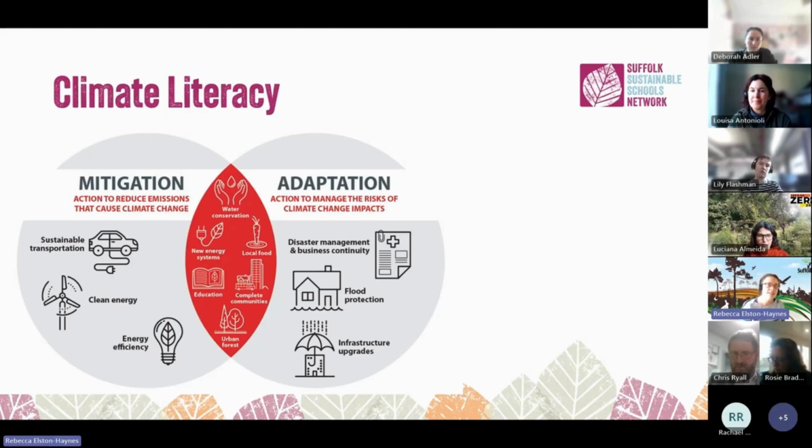But adaptation is slightly different in that it looks beyond climate change, as in, let's accept that climate change is happening. How can we adapt to cope with the consequences and the risks of climate change? So things that fall under adaptation are disaster management. Now, obviously, as a council, we think about disaster management on an extreme scale, but we do have to think, how will schools face